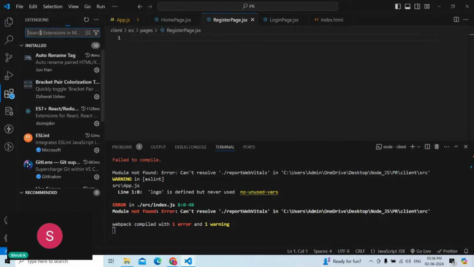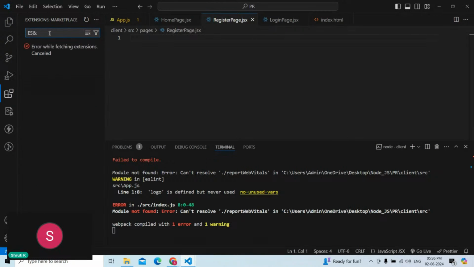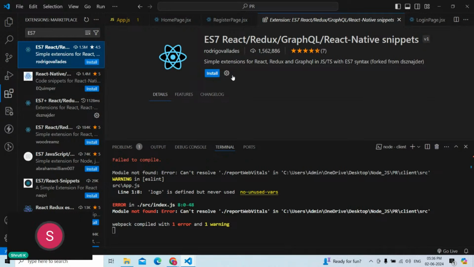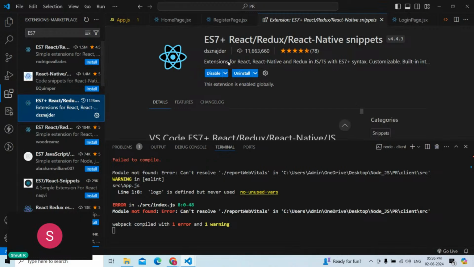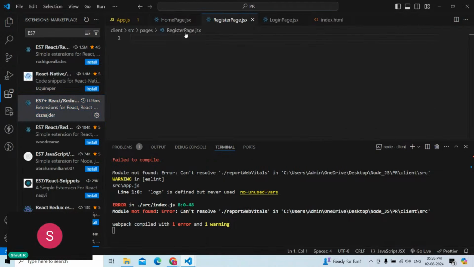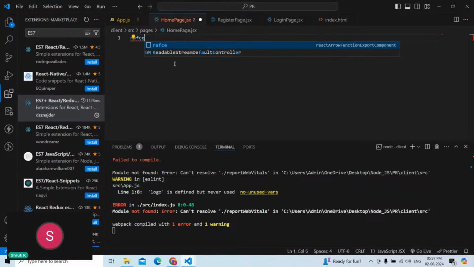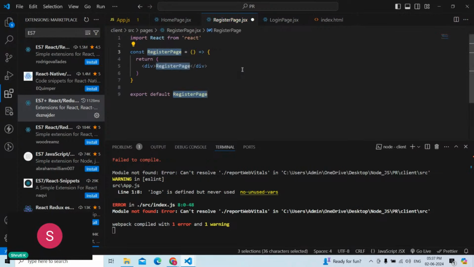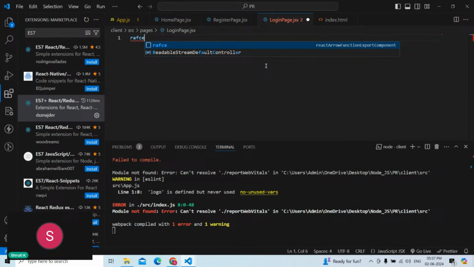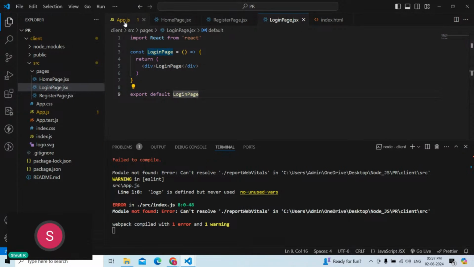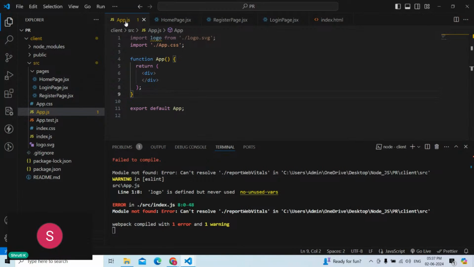Now you can go towards the extensions. You can have ES7 snippets in your code. Moving ahead with extensions, you can go and install the snippets. I have already installed this one on my VS Code, so that if you make use of these snippets, RAFCE, it will provide built-in code in our applications. Similarly, RAFCE for the register page, and RAFCE for the login page. Now in the app.js, I'm going to simply include